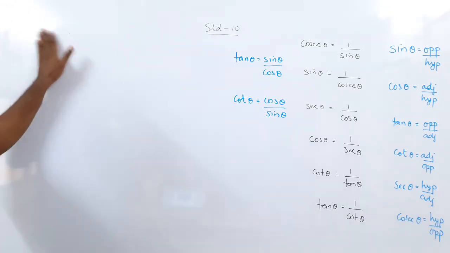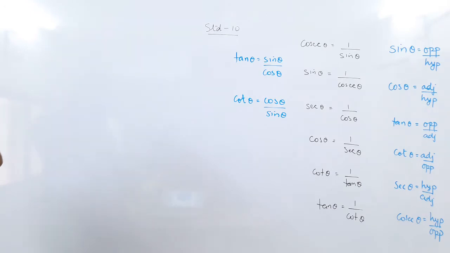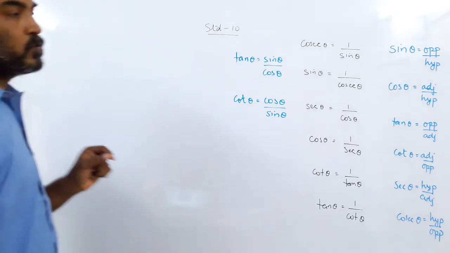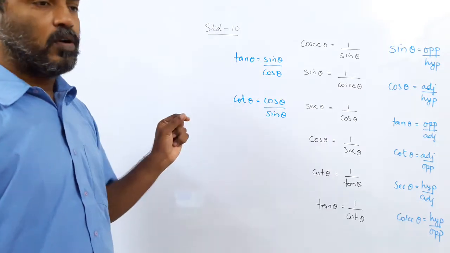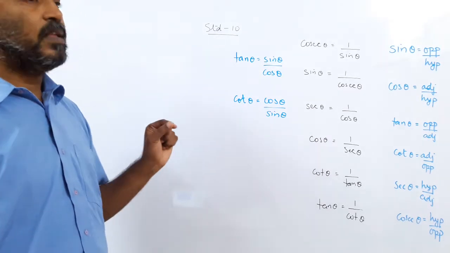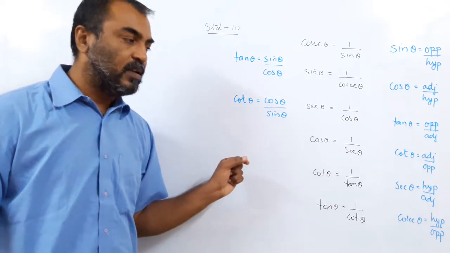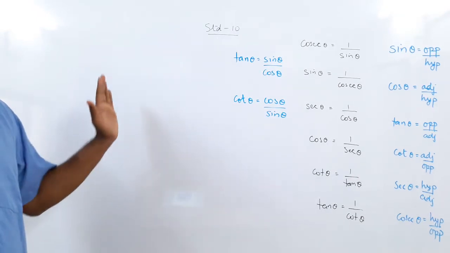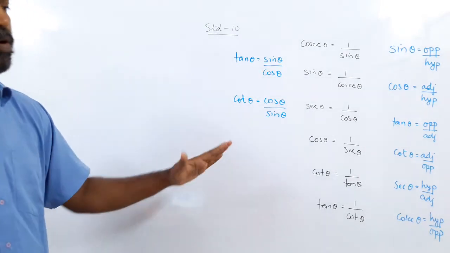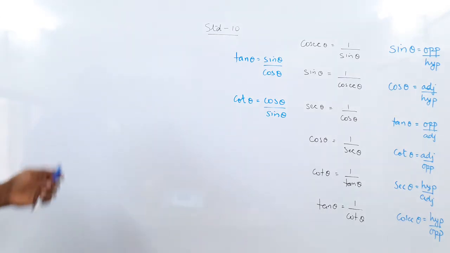Now today we are going to do the table one more time, which we did initially with the help of triangles, if you remember. In the previous videos you saw we used a right angle isosceles triangle and got the values for 45. Then we used an equilateral triangle, we got 60 and 30. And then 0 and 90 triangles are not possible practically, but theoretically we reduced the height and we got the values also. Now we will make the table one more time and we will see an easier method to do in the exam.